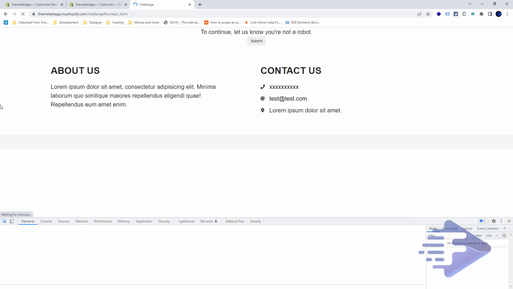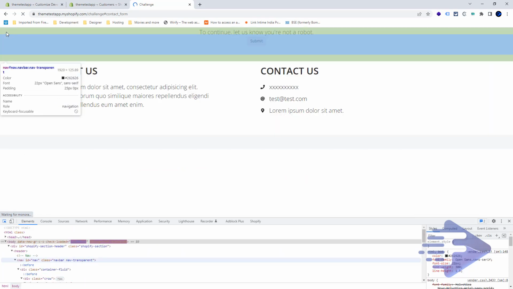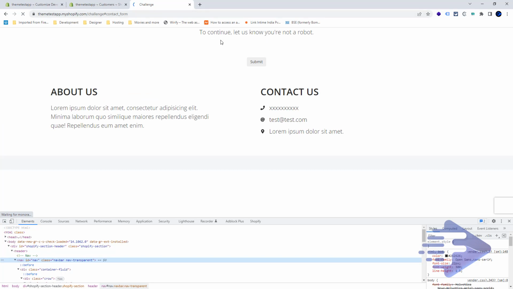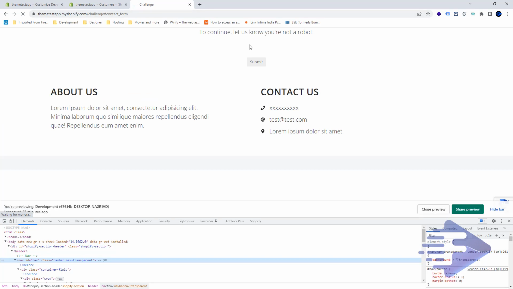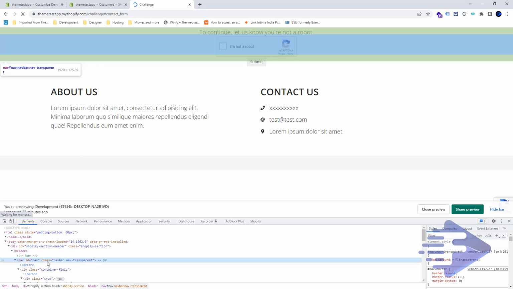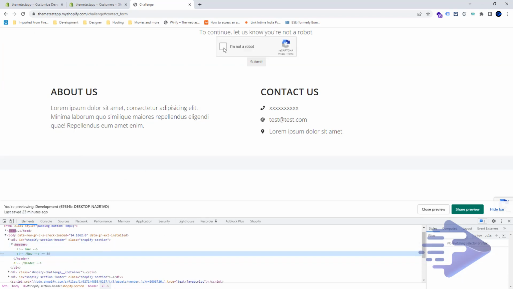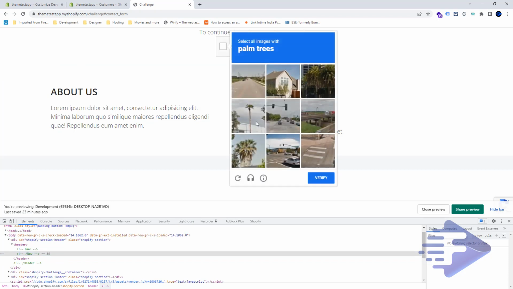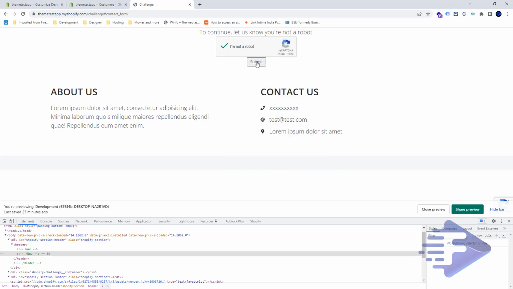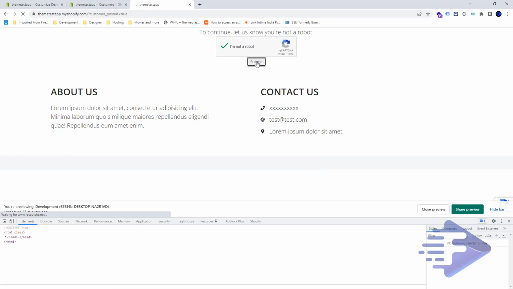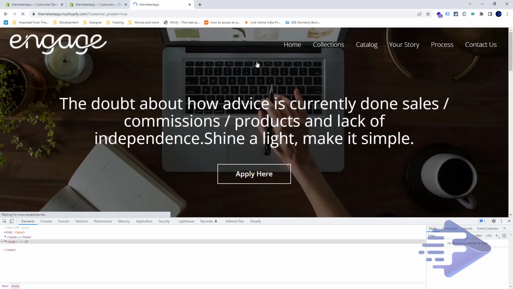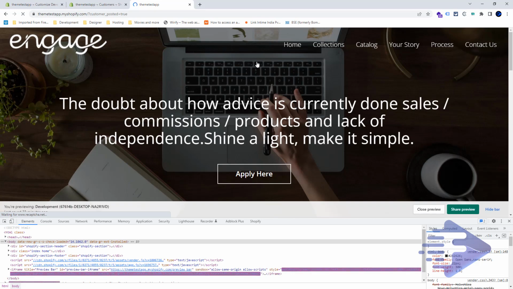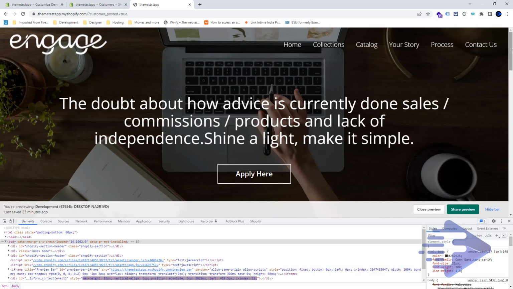We have to remove our header first. Home tree, verify, submit. Okay, then